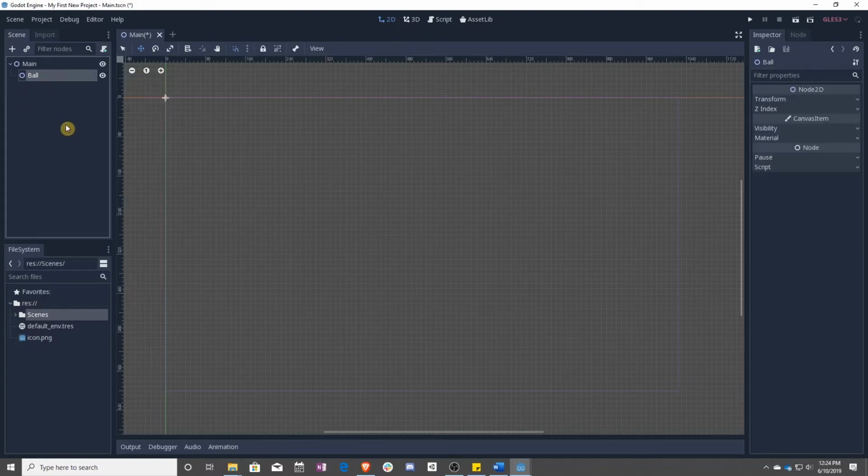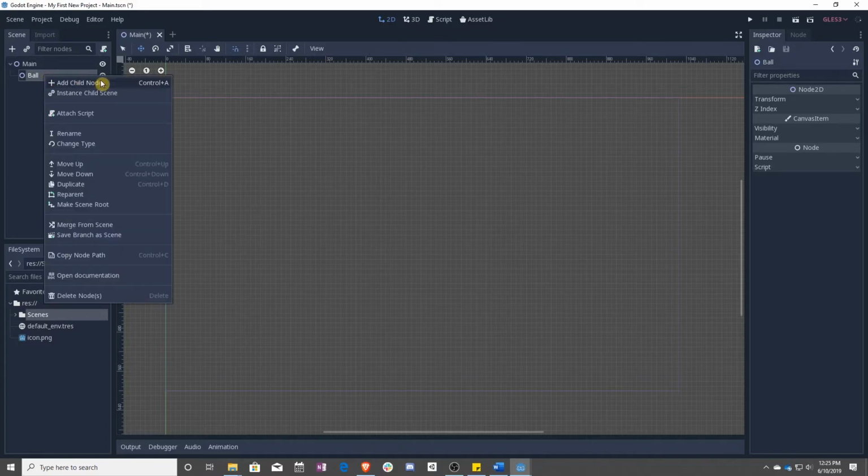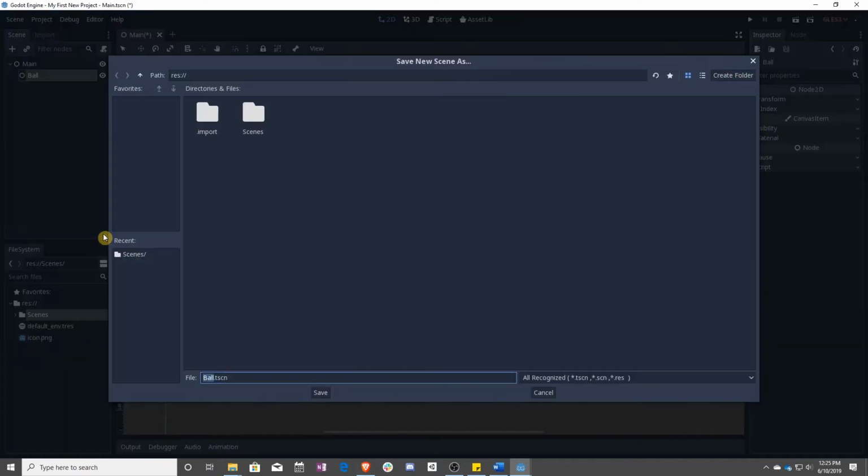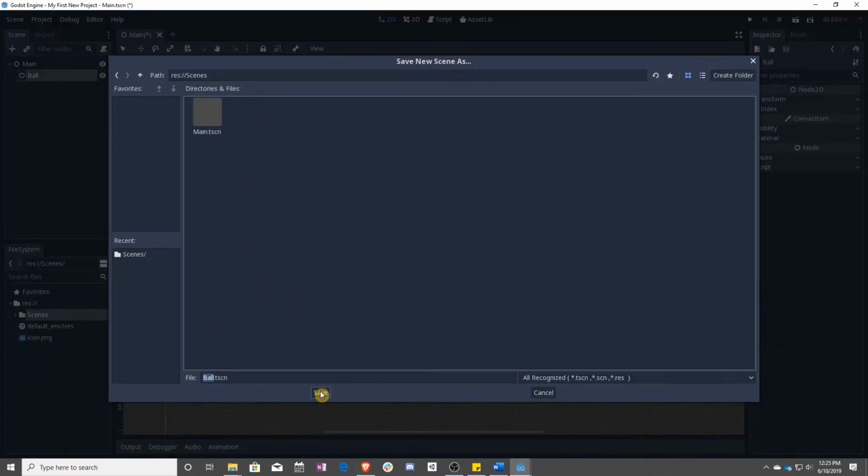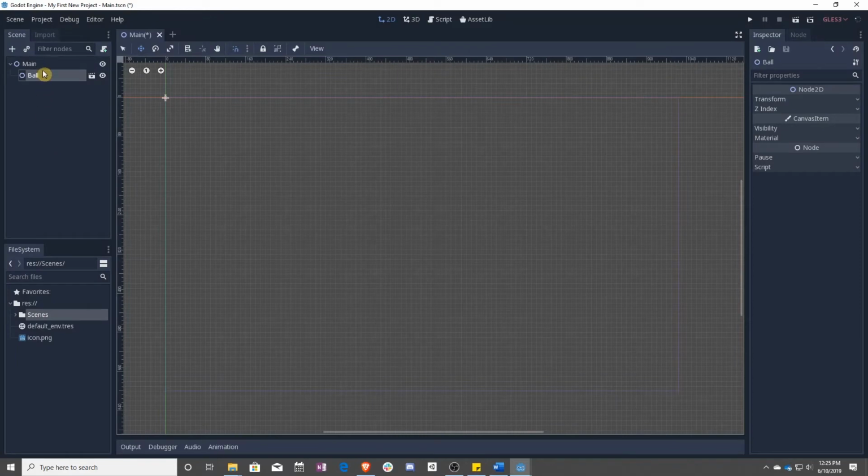If we want to deal with multiple nodes or multiple scenes, we can right click and save branch as scene. We have this scene folder. Now we have ball. I'll show you why this is really cool and why it's really powerful. Now that we have ball, we can open up the ball scene